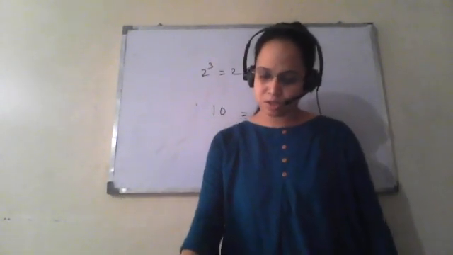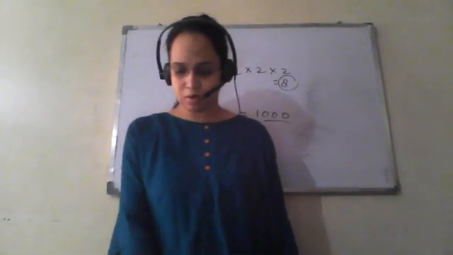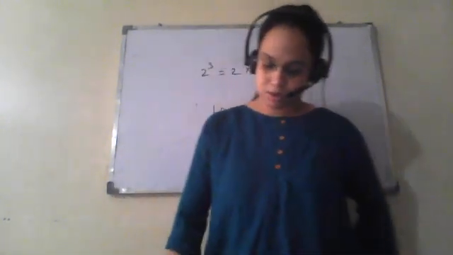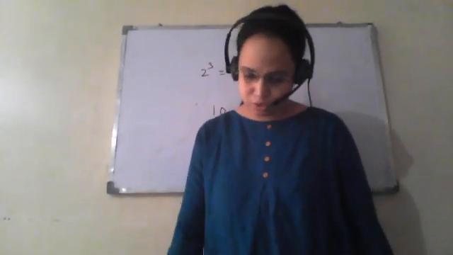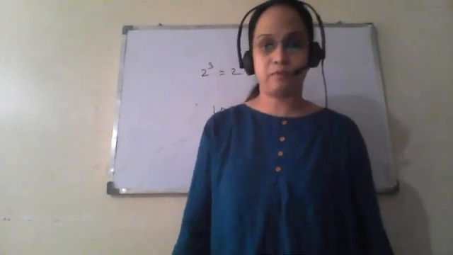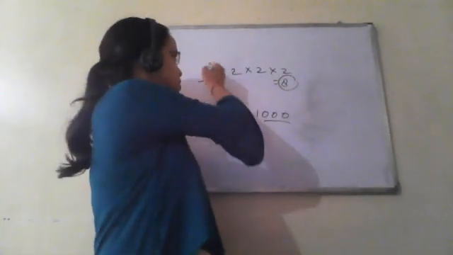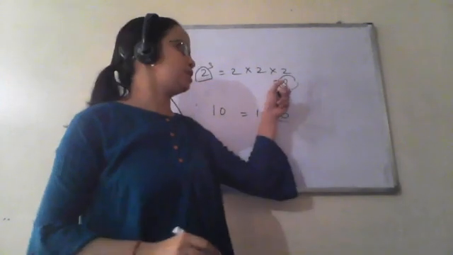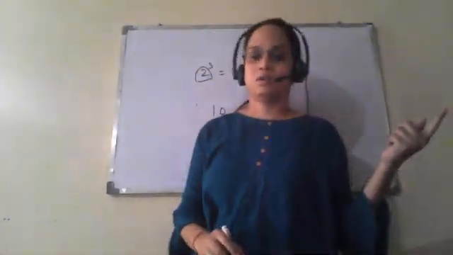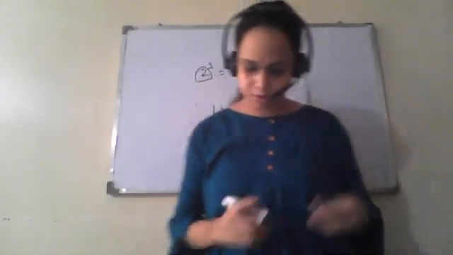So it is false. It is not 7 or more digits. It may be 4 digits, at least 4 digits it should have, but it should not have 7 digits. Last, the cube of a single digit number may be a single digit number. Yes, in the case of 2, we are calculating, this is a single digit number and its cube is 8, which is also a single digit number. So this statement is true.